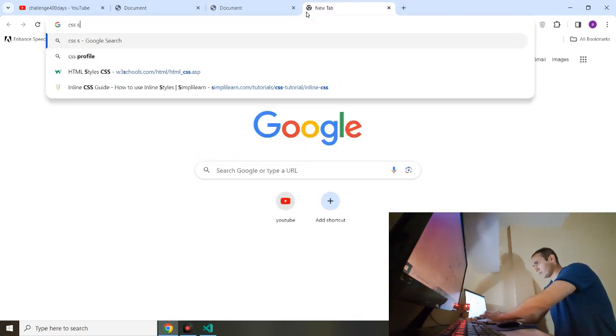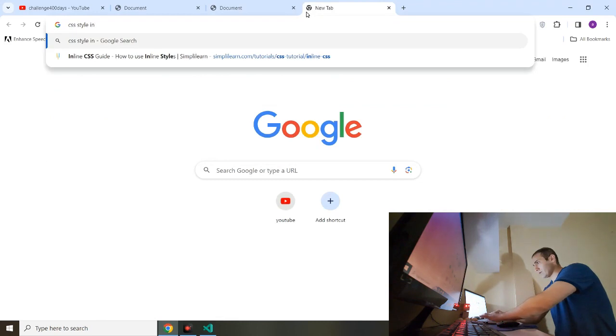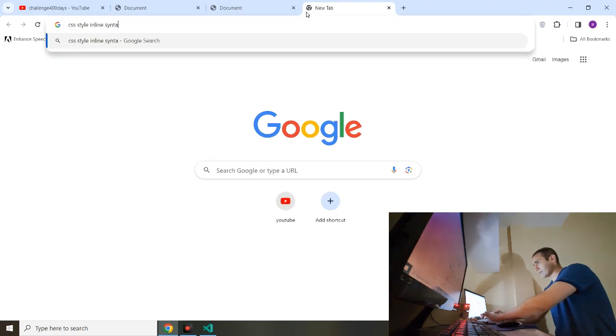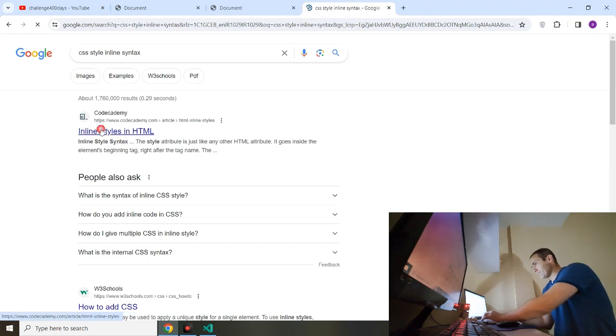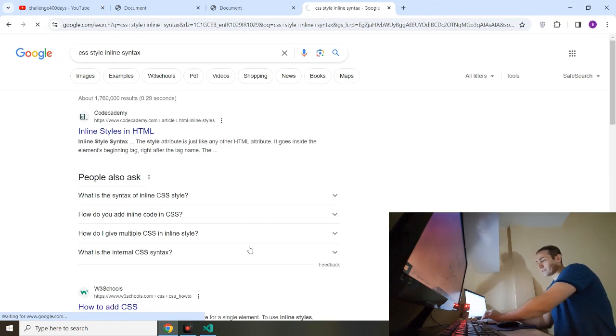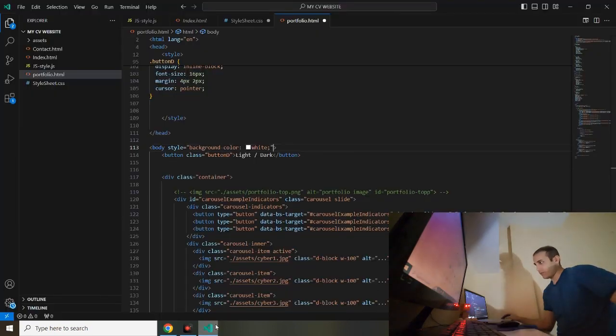CSS style in line syntax. I forgot the syntax. Let me tell you what I have in my mind. What is the idea? I want to bring back this color in the inline mode like before, so the specificity